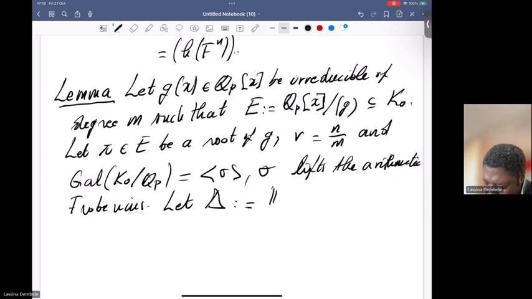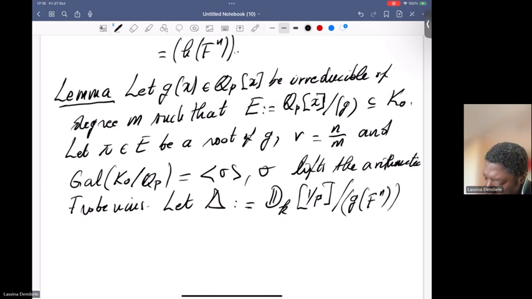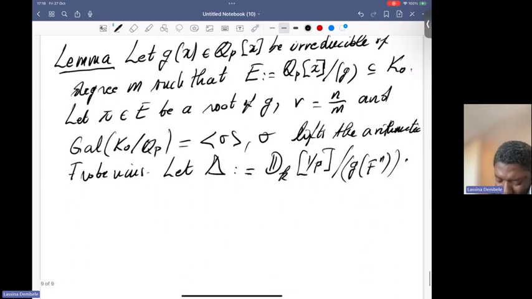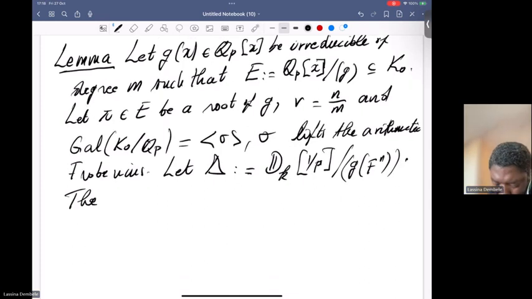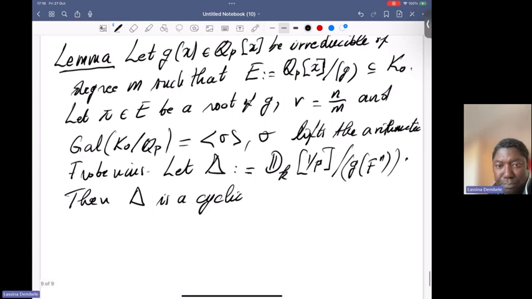So you take this quotiented by so then the lemma says that delta is a cyclic E algebra,